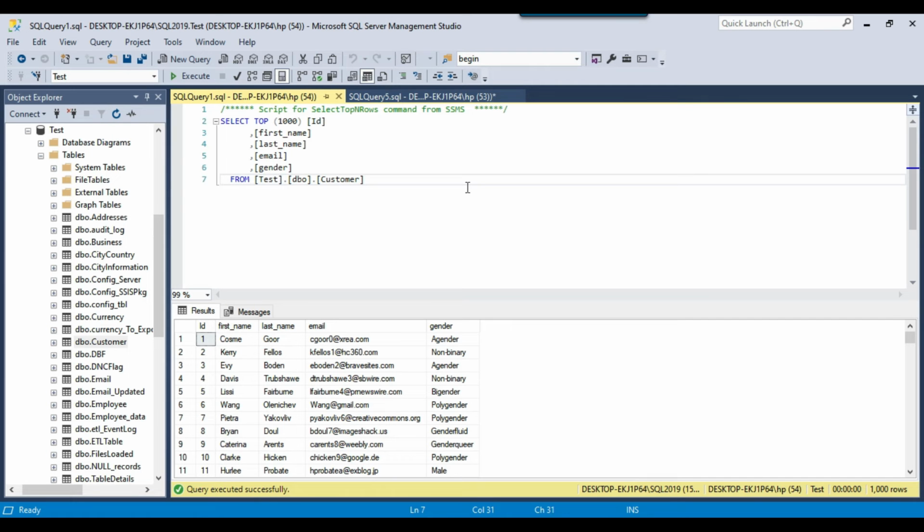I have a SQL Server 2019 instance and a customer table which contains 1000 records and 5 columns. So I will be exporting the data from this customer table to a CSV file, maybe a comma separated file with comma as a delimiter, or maybe I can provide the pipe as a delimiter. I can show you both the options, and then we'll see that the file name should be dynamic every time.